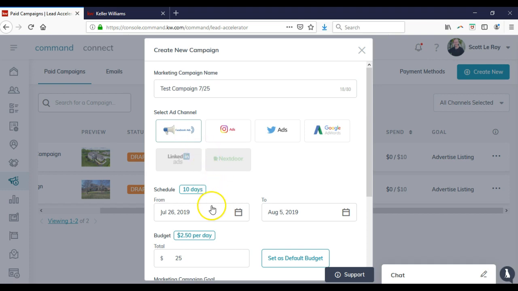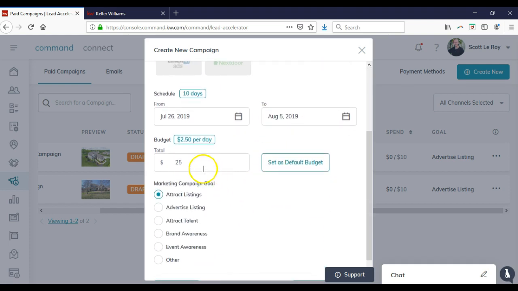You can actually specify when you want to schedule this to go out. So if I wanted to start tomorrow and go out through August 5th, I can. I can put inside a budget on here, and then it'll automatically divide it by however many days I'm doing. Now, just to give you a heads up, the lowest amount that you can do per day on Facebook is $1. So I just want to let you know about that. So if I wanted to do a budget on here, the least that I could do for 10 days would be $10. Then I can specify my campaign goal on here of what I'm actually